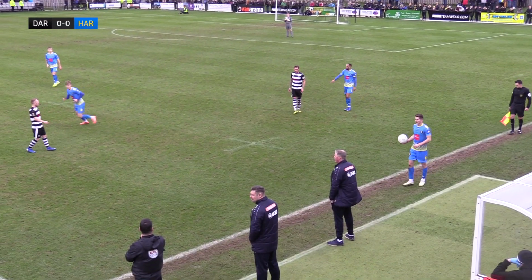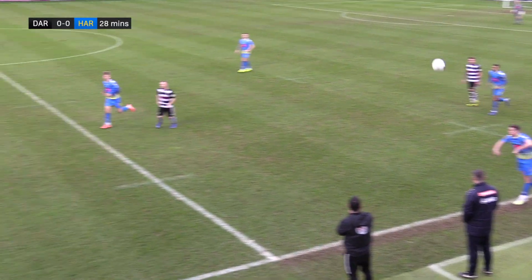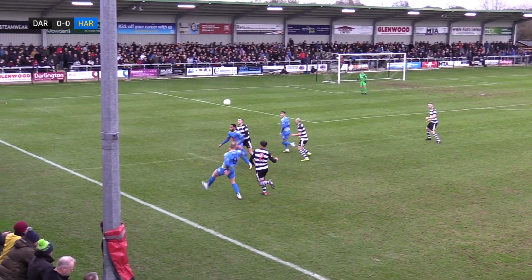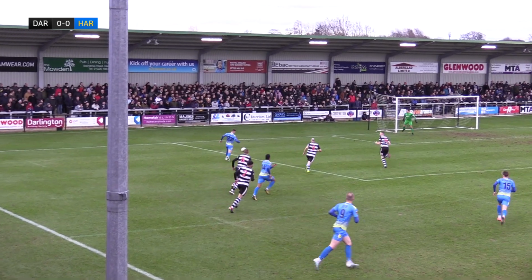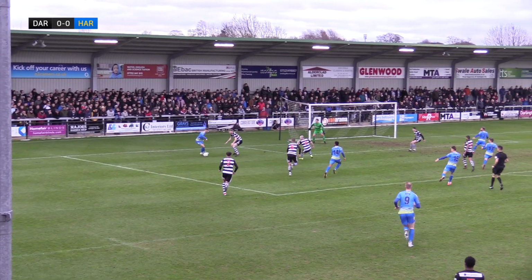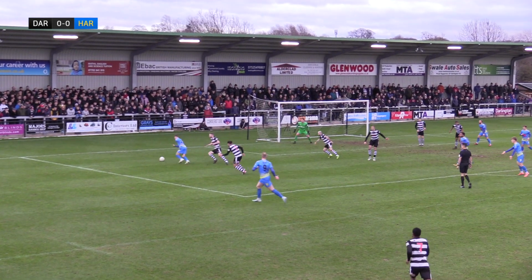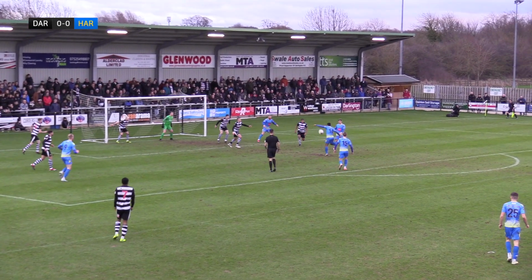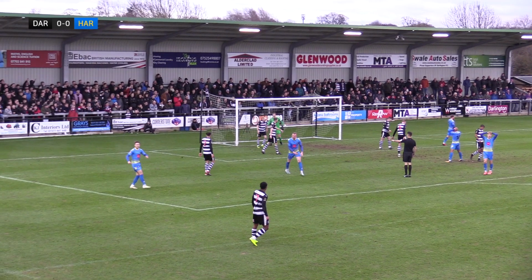Taken just in front of the Darlo fans. Thrown down the line towards Beck. Beck can't get there, and then he finds Keenan. Played forward, no flag. Keenan's onside. Keenan again checks back onto his right foot. Gets to the byline, left footed cross by Keenan. Held away by Story. Volley from the penalty spot by